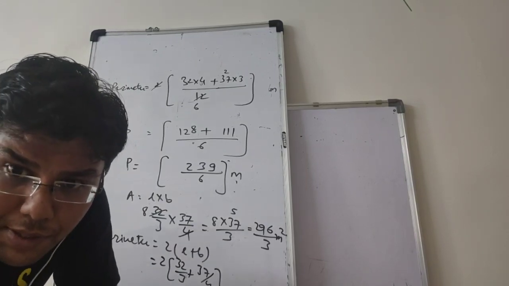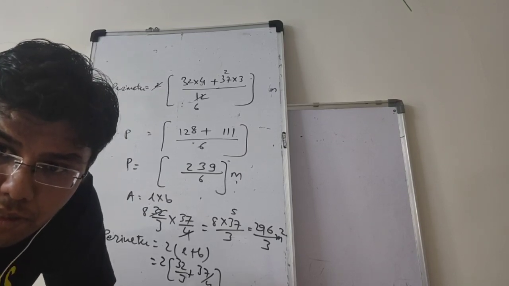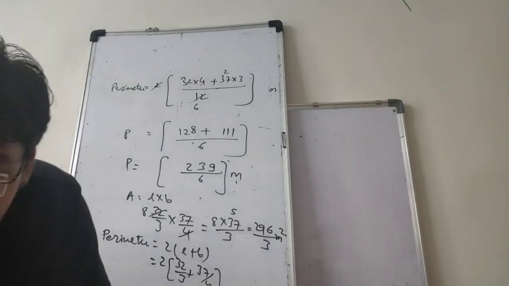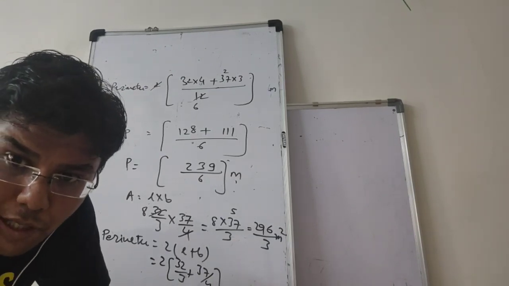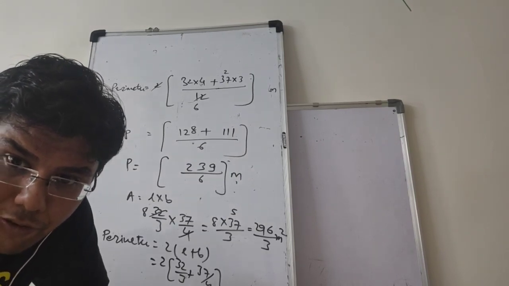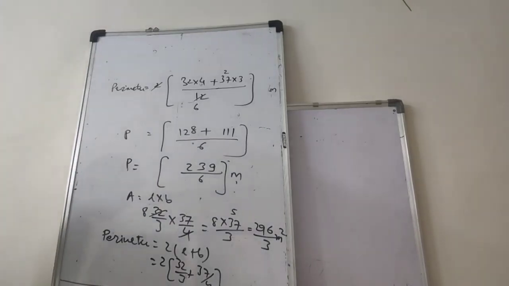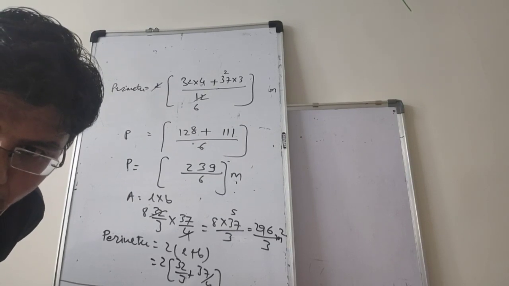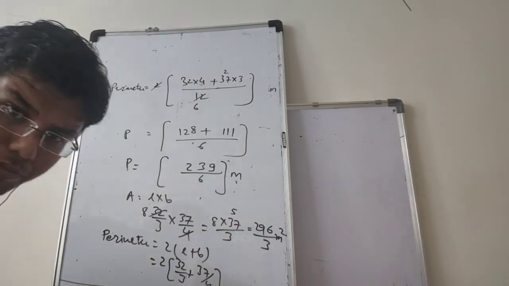A dealer earns 700 profit on selling a TV set but suffers a loss of 200 on selling a VCR. What will be its total profit or loss on selling 24 TV sets and 15 VCRs? Okay? Question is what? A dealer earns a 700 profit on selling a TV set and suffers a loss of 200 on selling a VCR.